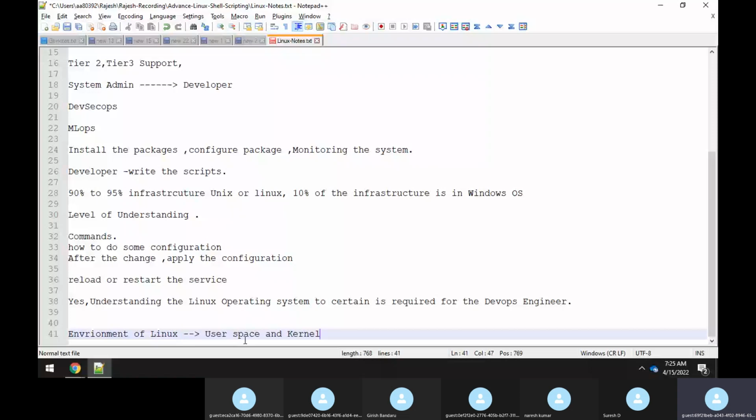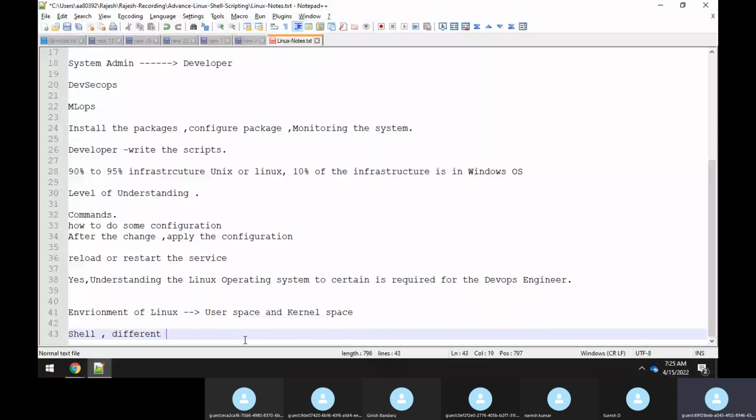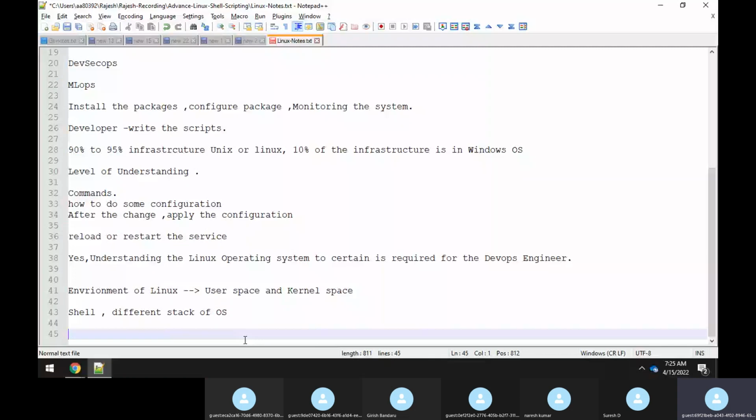You should know something about what a shell is, and the different stack of the Linux operating system. You should have knowledge of commands, but not only commands: you should also understand why these commands exist and how a command gets executed.